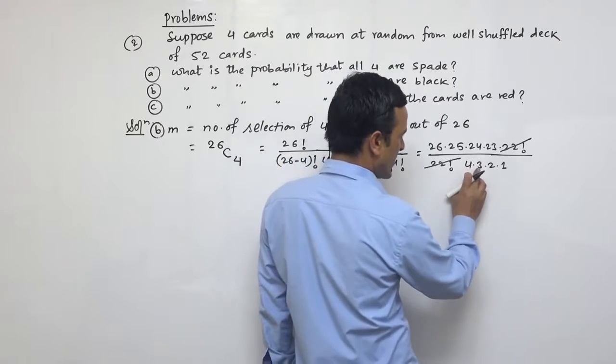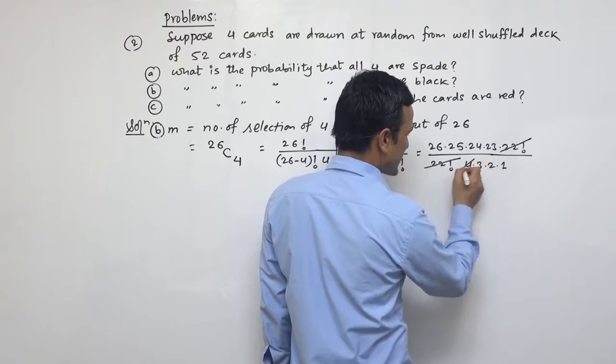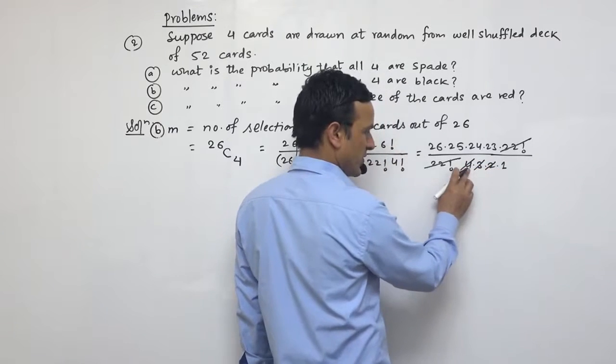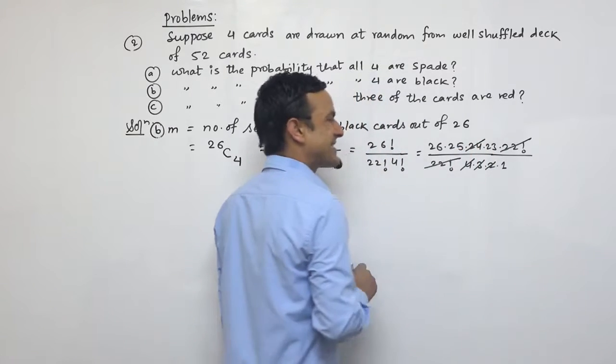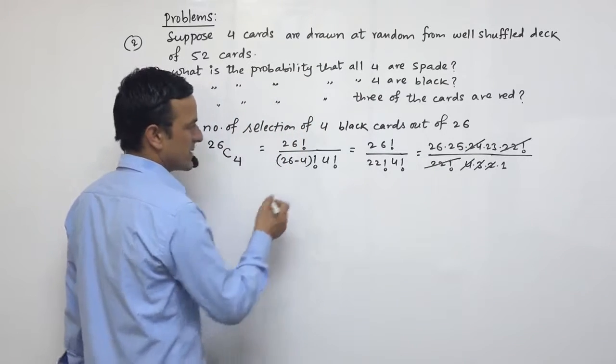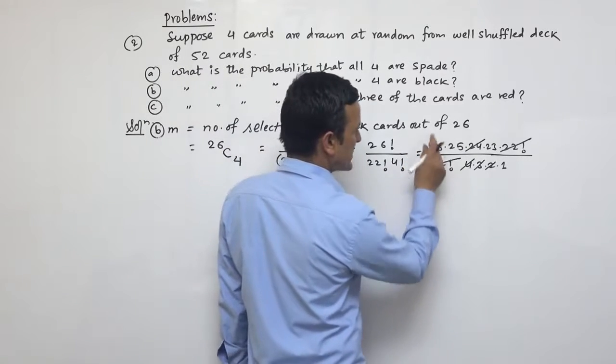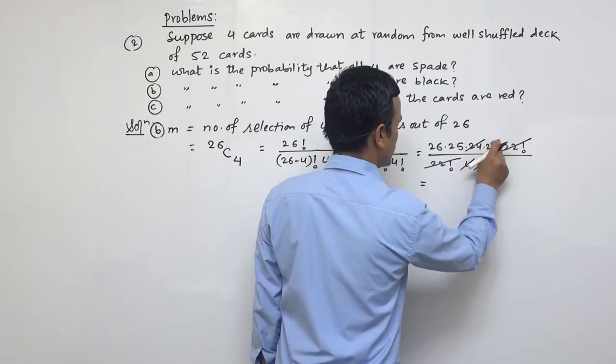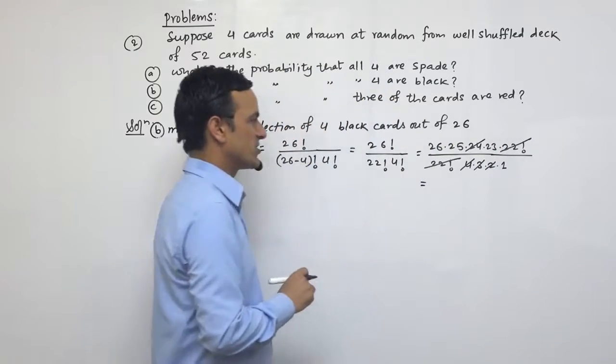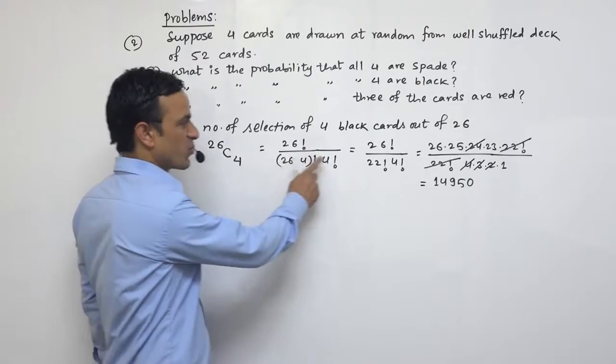So 4 3s are 12, 12 2s are 24. If you cancel 4 3 and 2, it will be 24, and this 24 will be cancelled. So in this way we can multiply 26 into 25 into 23. So these three numbers, multiplication of these three numbers, solve it, we'll get